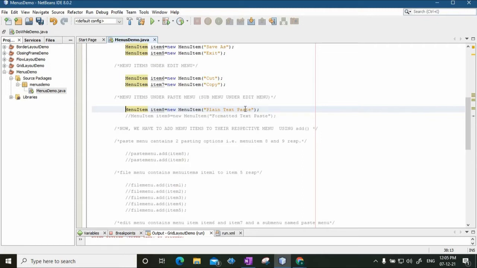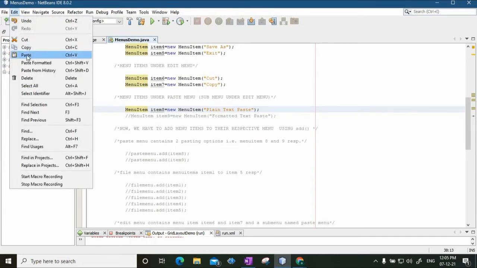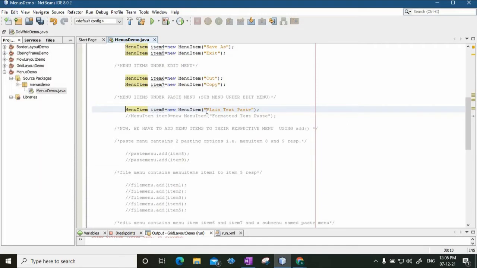When you click on paste, which is a sub menu under edit, two menu items should appear. One is plain text paste, and the second menu item, whose object name is item 9, should be formatted text paste.